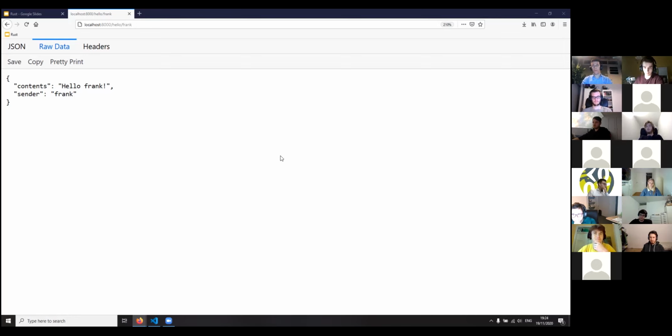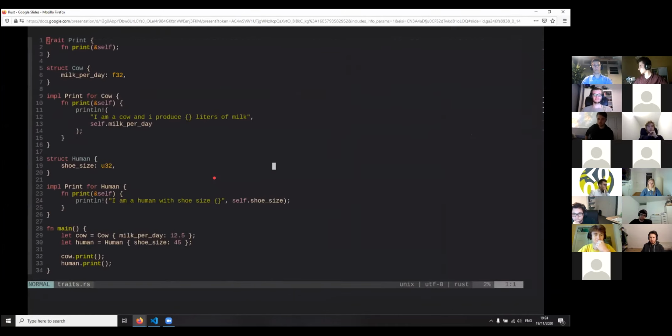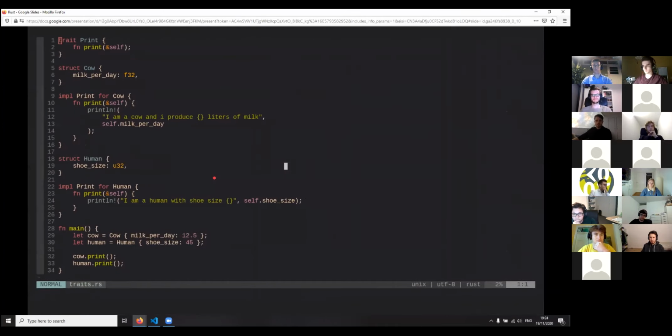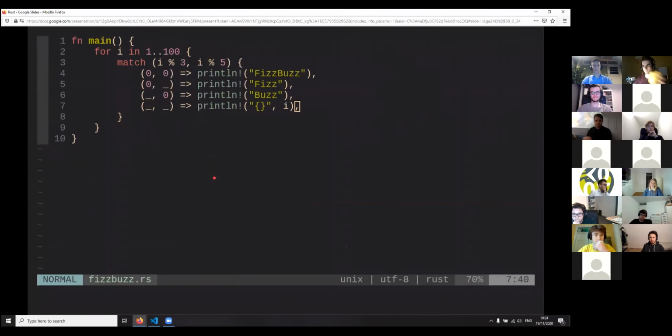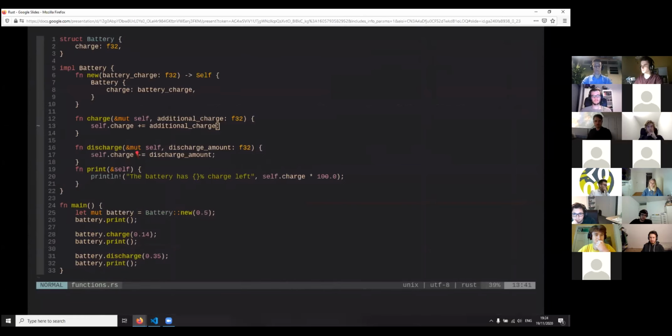Why is the battery var mutable? I see that one. Let's have a look. Where was the battery? Yeah, here. So I think they mean this mutable. If we take it in as a normal reference, we can't change the charge variable. Right here we're changing the variable. So if you want to change it, we have to mark it as a mutable reference. Otherwise, it won't compile. So that's why we take it as mutable.